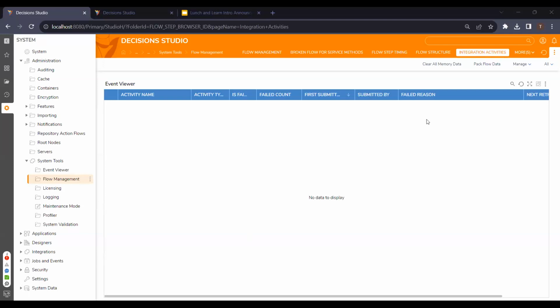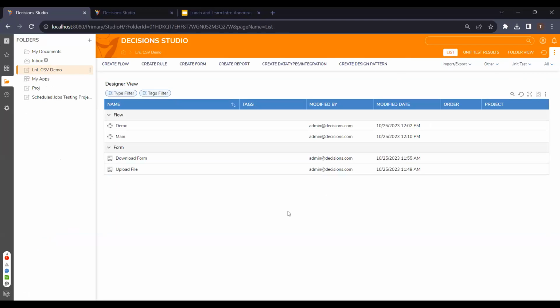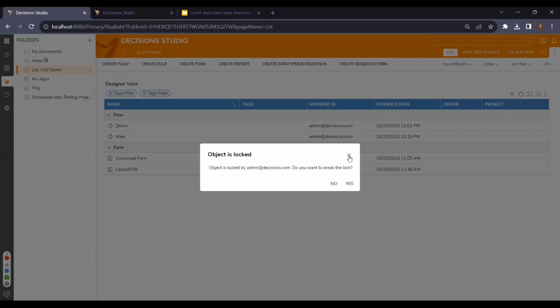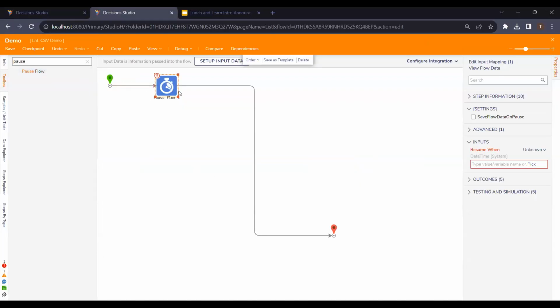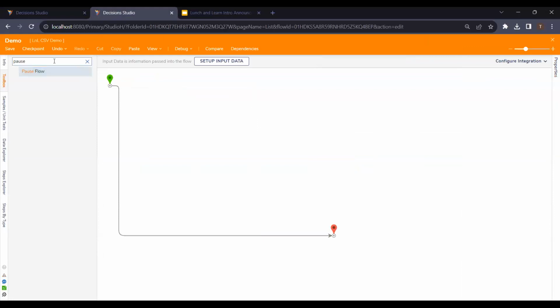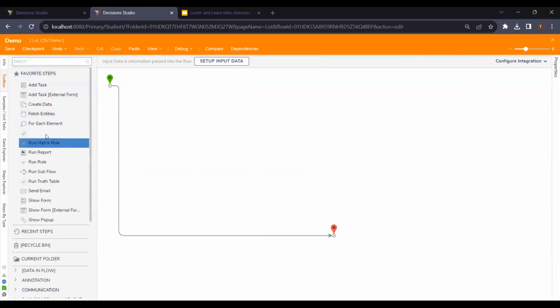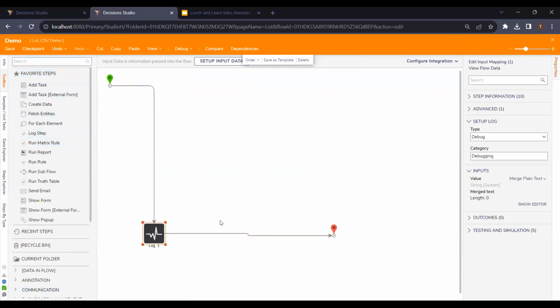Something you could do there is put a log step right before the step in the trigger flow that sends this email, or even just right at the beginning, just to log out, hey, this trigger flow ran. I can show you here, just to leave this pause flow step. Just a log step, and do something simple. The big thing is I would make sure you're logging at warning level, and then give it a category like